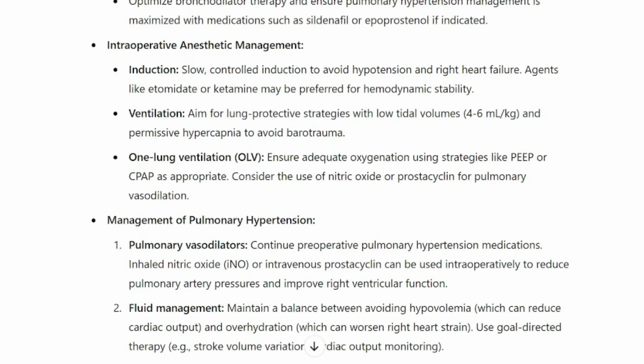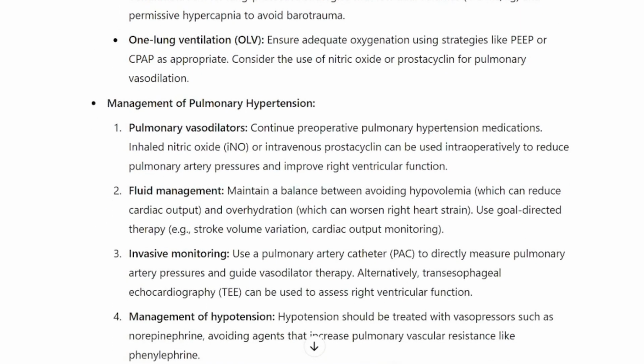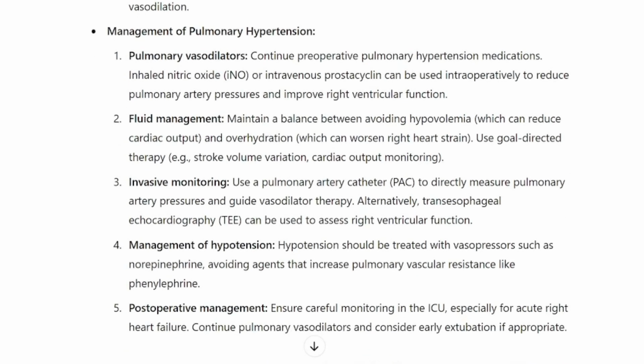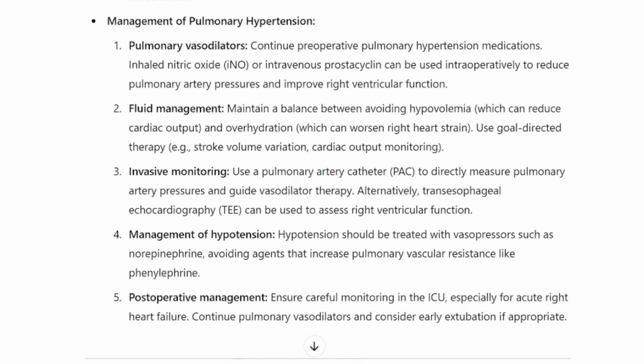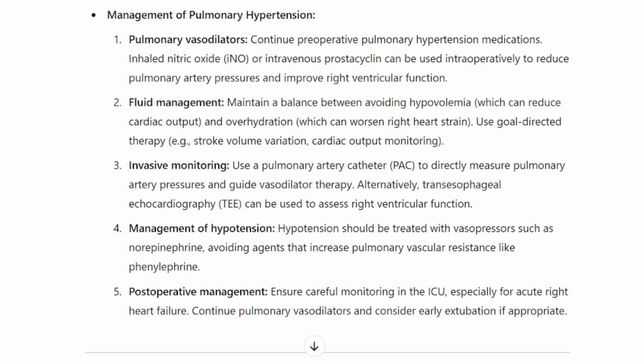Ensure adequate oxygenation using strategies like PEEP or CPAP as appropriate. Consider the use of nitric oxide or prostacyclin for pulmonary vasodilation. Management of pulmonary hypertension. 1. Pulmonary vasodilators. Continue preoperative pulmonary hypertension medications. Inhaled nitric oxide, iNO, or intravenous prostacyclin can be used intraoperatively to reduce pulmonary artery pressures and improve right ventricular